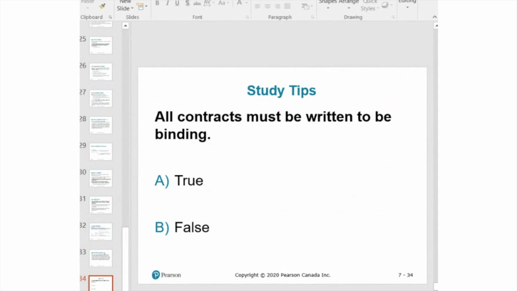Is a text message valid? Well, it may be a valid contract. What is required is that the essential terms are there. So if I text you, again, I'm selling you my house, the price of the house, the address, characteristics of the house, and payment terms, and you reply back and say, yeah, done, it may be regarded as written evidence for a valid contract. Definitely.